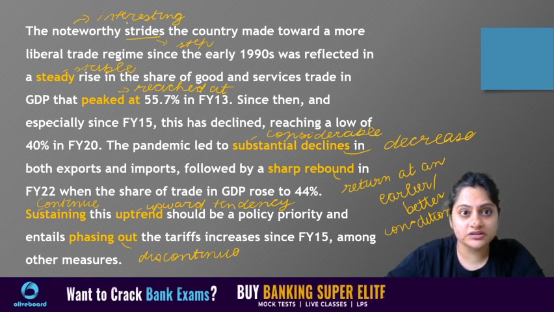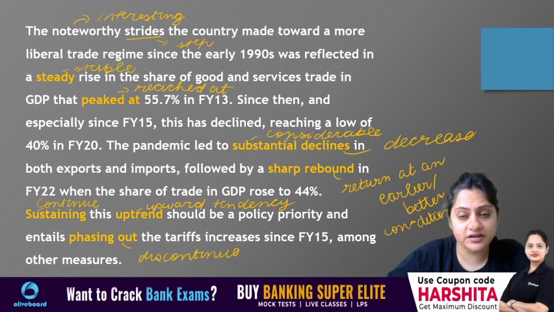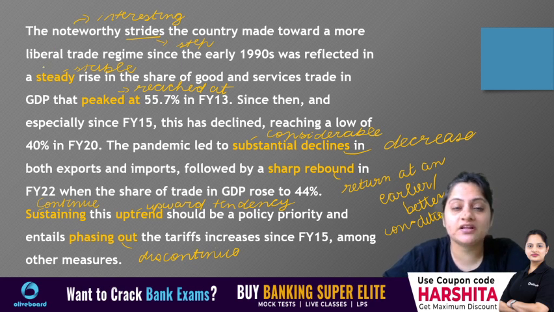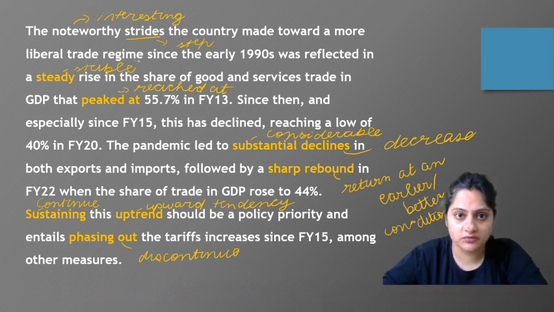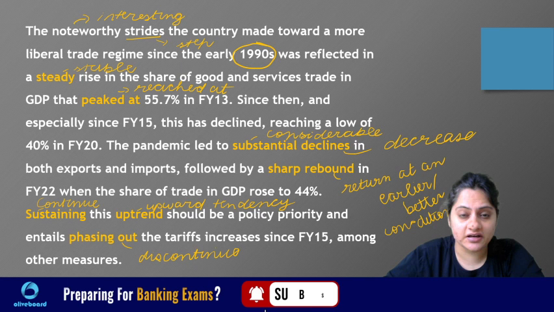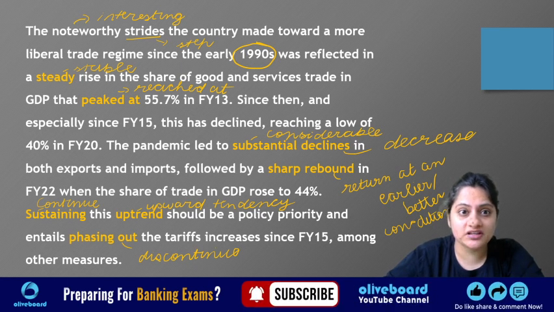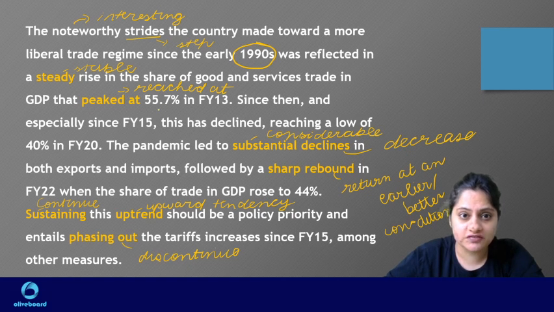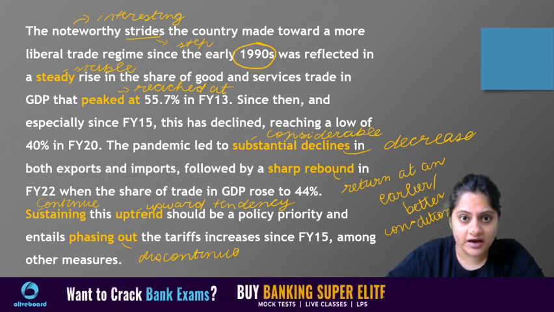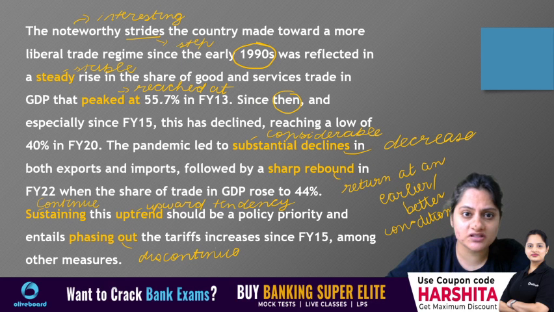Okay. So the interesting step the country made toward a more liberal, you can say when there was freedom given, liberal trade regime, 90s. This was the period in the 1990s. It was shown in the increase in the goods and services trade in GDP. It reached 55.7%. And since then, means since this period, from financial year 13,